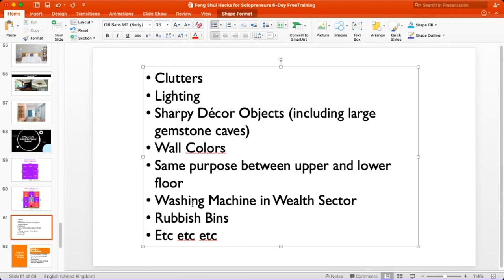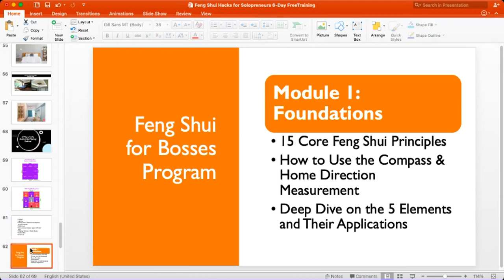What would you do if you cannot move your washing machine every year? And of course we can't, so what to do, and especially if your washing machine or maybe your toilet bowl falls into the bad sector, what can you do? Etc, etc, etc. There's so much to cover and so much to learn when you're learning this art of feng shui. So if you are interested to dive really deeper and know how you can apply feng shui in a really practical way into your living space, then this Feng Shui for Bosses program will teach you how to do this, as well as teach you business principles that you can use to apply Feng Shui directly